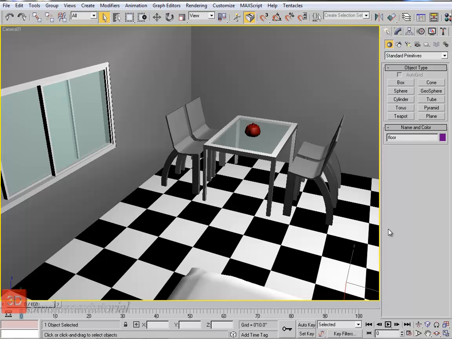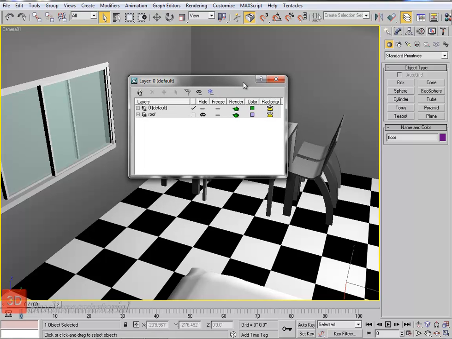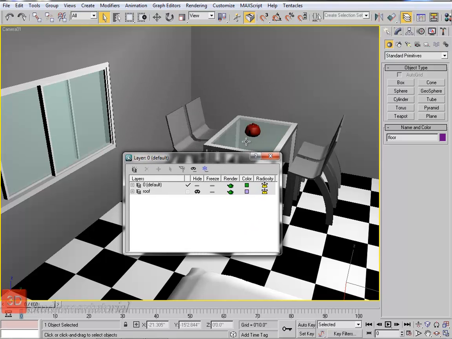One final way to organize your scene is to use layers. Max has what it calls the Layer Manager, which is situated here. Just click on the Layer Manager and you can see this nice default Layer Manager window. What that does is organize your objects. It can organize your groups and selection sets,